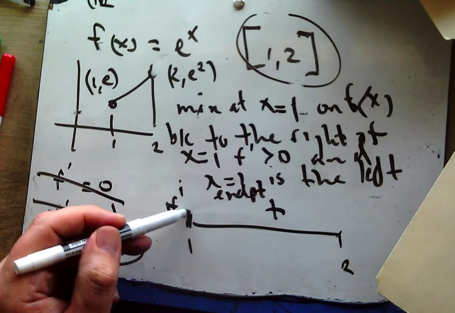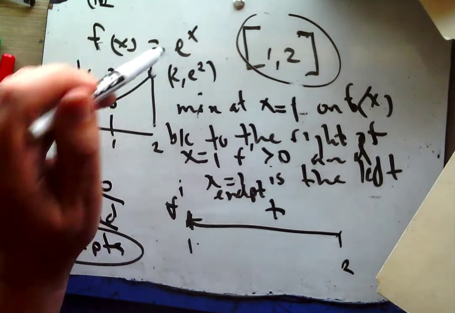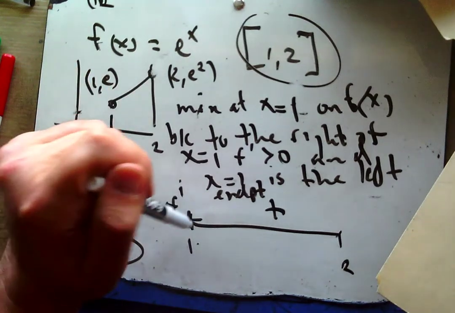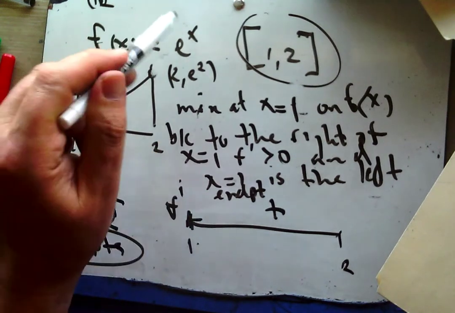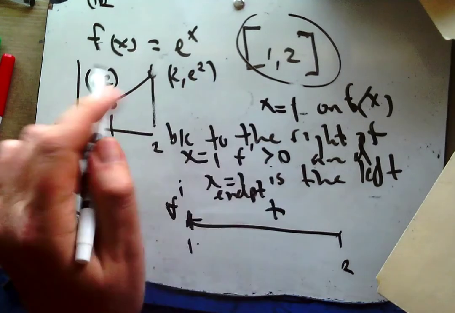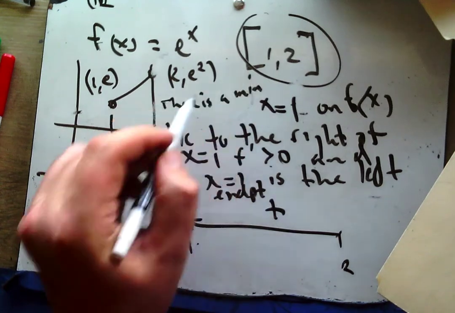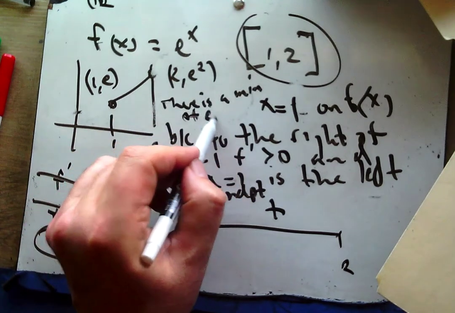But yeah, that's only asking the where. I think they might also want to know what is the value of that minimum. So I'm going to plug a 1 into the original function. And I'm going to change this to say there is a min of e to the first